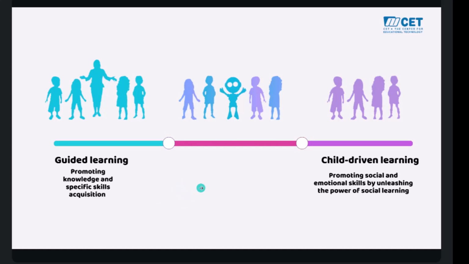Does anyone have an idea what those may be? Like what could possibly be the benefit of a robot friend, not even a teacher, but a friend that facilitates an interaction over a human teacher? You can unmute yourself and speak if you have an idea. Well, I think that children would have more of a say, so it's not like the teacher is controlling the conversation or giving them the idea before they came up with their own idea. Okay.